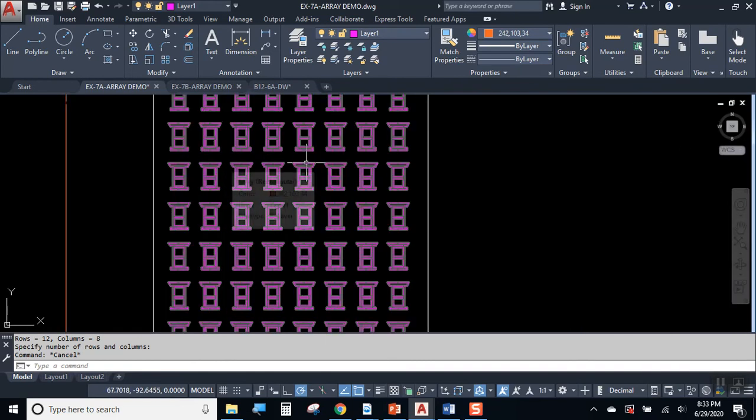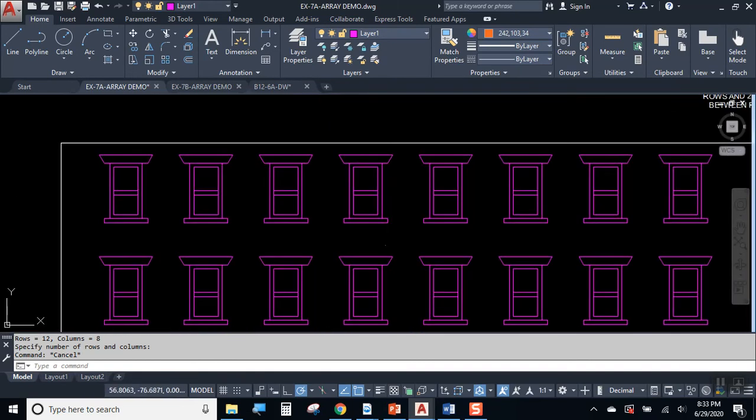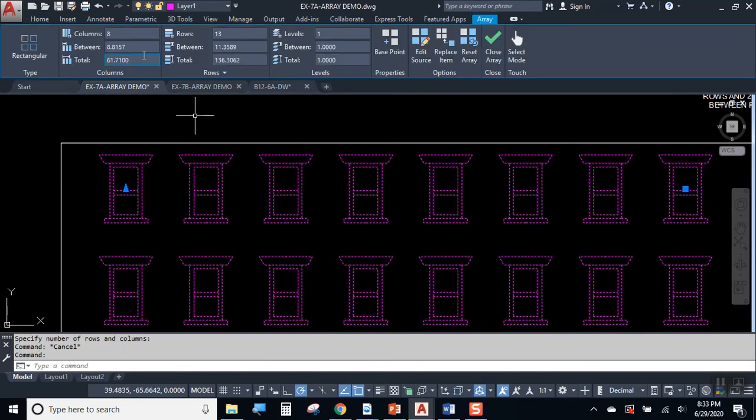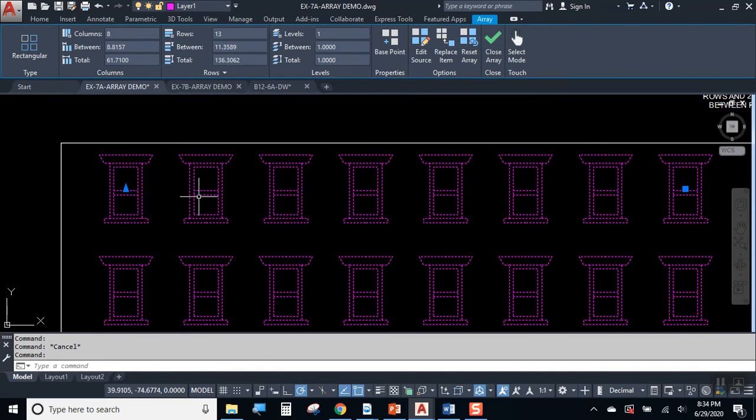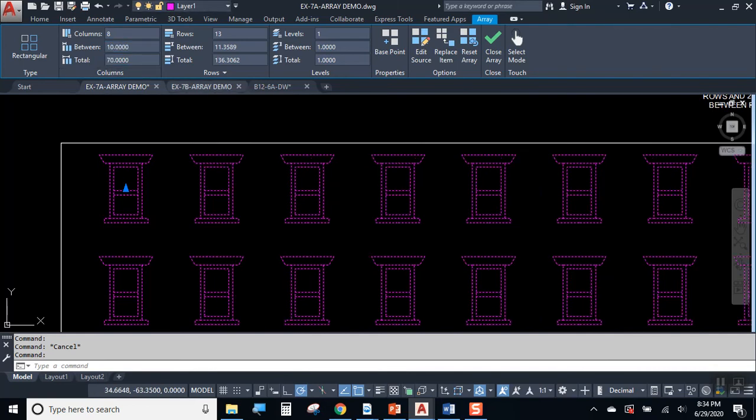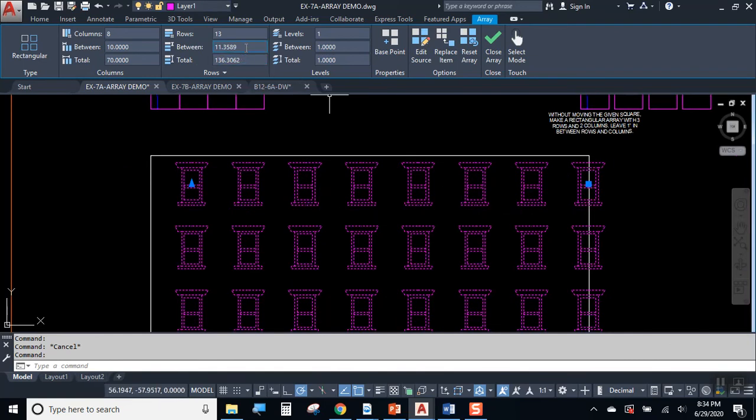Now, the nice thing about arrays is that the parametric control, or the numerical control of the spacing and the number of instances, will always be part of the file. So if I save this file tonight and open it up tomorrow, and I click on this array, I see that the array is associative. It is associating its display with the information in the box here. So if I decide to change the distance to 10 between columns, then I decide to change the distance to 15 between rows,